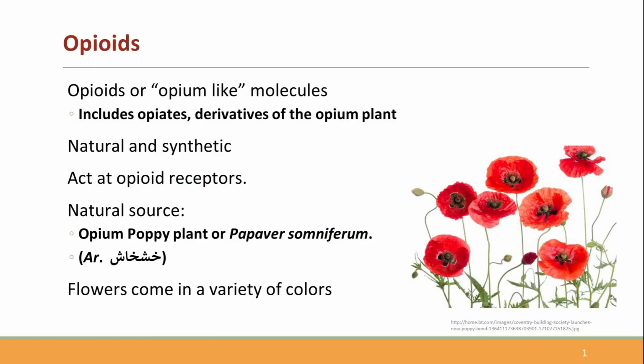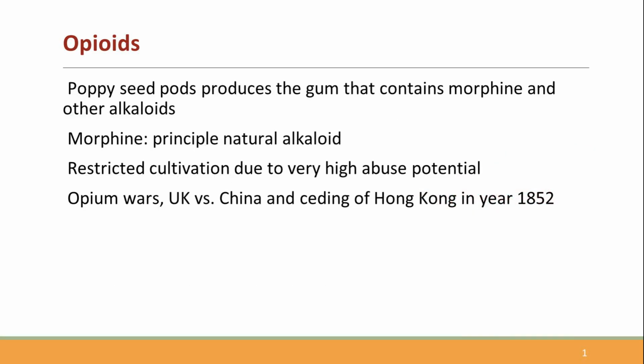All opioid drugs originate historically from the opium poppy, Papaver somniferum. The latex obtained from its seed pod contains multiple alkaloids, of which morphine is the principal natural compound. Because of its high abuse potential, cultivation is globally restricted, and its historical role in conflicts like the Opium Wars